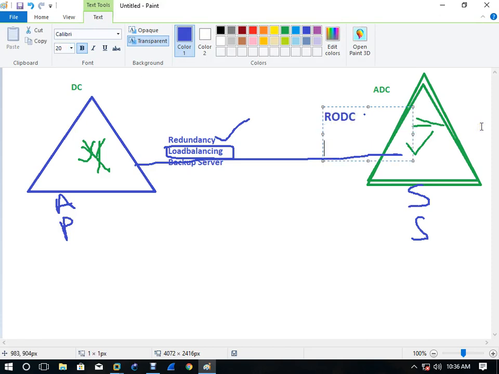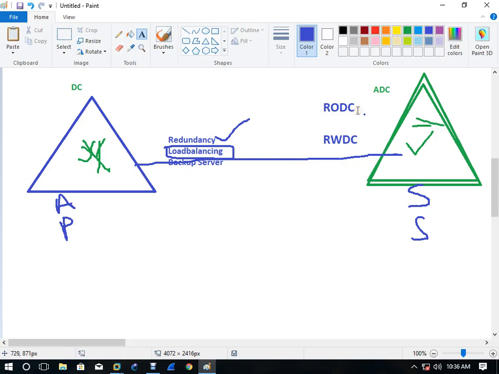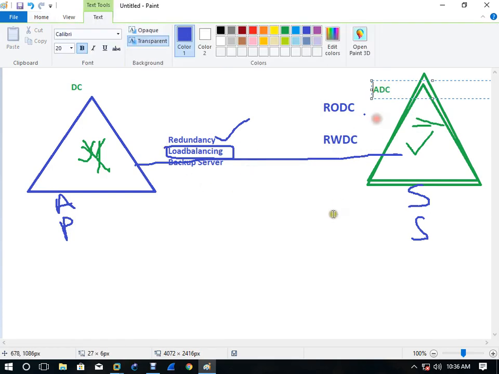RODC and RWDC. So if you make RODC, you know the condition. And if you want to make RWDC, so you have both options. RODC we have already created. So now we are going to work on RWDC, which is also known as ADC. Okay.